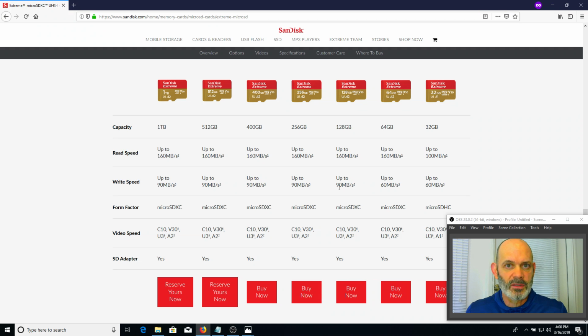I'm buying 128s or higher from now on, and boy, there's a 1 terabyte available soon, and I'm going to be tempted to buy that. So again, things to consider. Write speed is important for cameras, and read speed is important when you're reading data off the card, right? So if you're playing the video back, it's important. Now on your phone or something like that, if you got a 4K camera, yeah, the write speed is important. So at this point, I can only recommend buying the 128. Spend a little extra and get it. But as far as the speeds go,